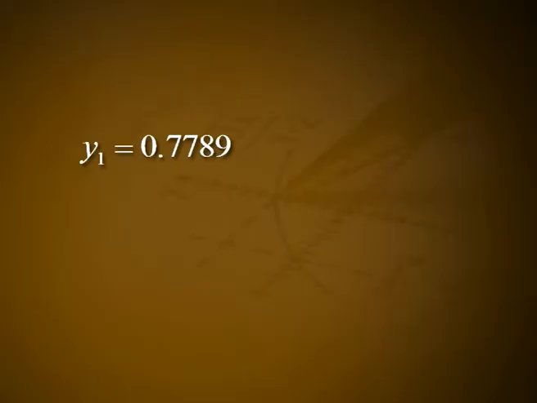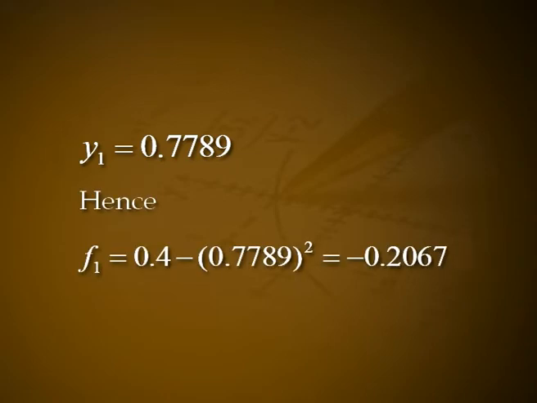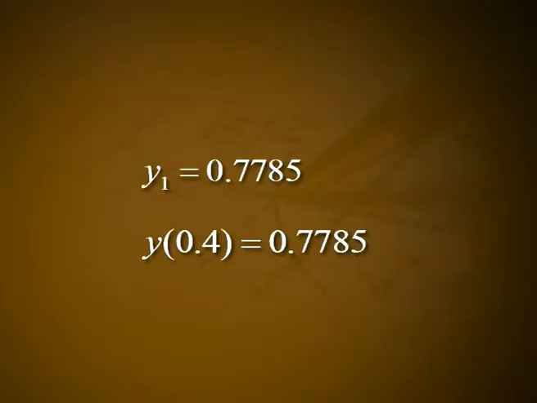−0.3498. Substituting these values in Adams-Bashforth predictor formula given by equation 5, we obtain y₁ = 0.7789. Hence, f₁ = 0.4 − 0.7789², that is equal to −0.2067. Substituting these values in Adams-Moulton's formula given by equation 7, we obtain y₁ = 0.7785. Hence, y at 0.4 equal to